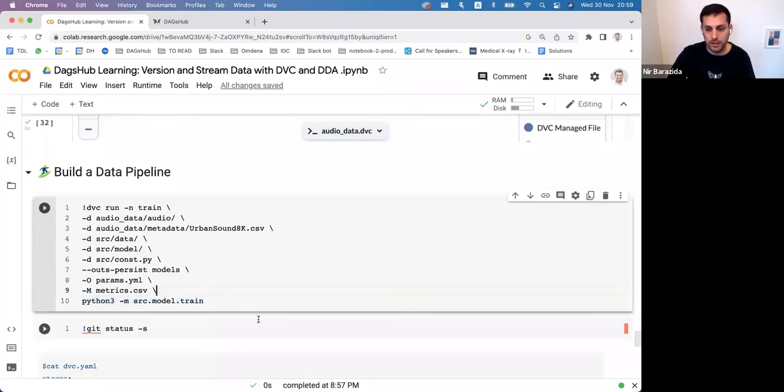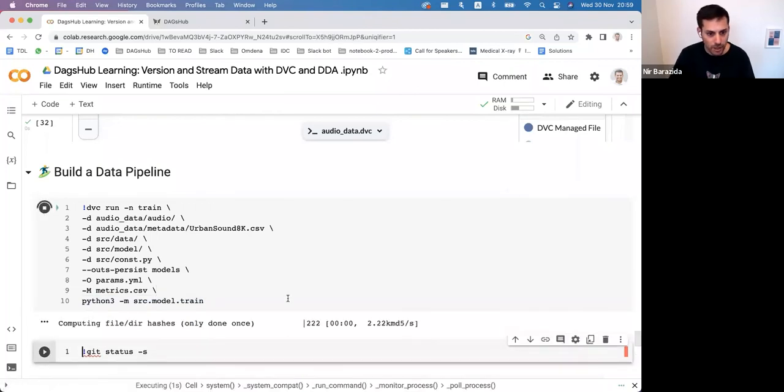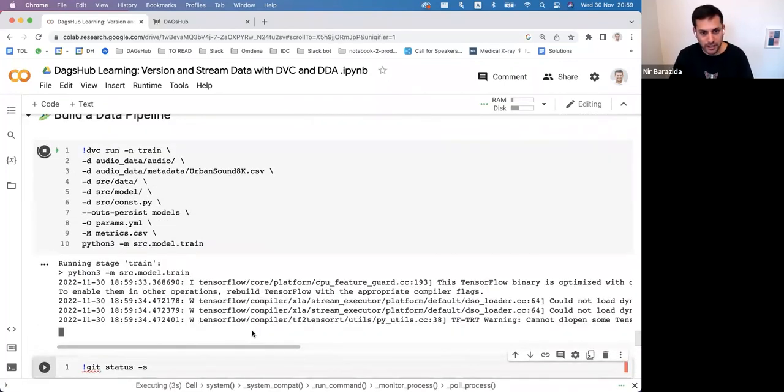So let's run this pipeline. And while it's running, I will tell you what's going on in the audio domain. Usually in most cases, the processing step is done before the training step. So many of the libraries, probably 99% of them, process the data and then start to train the model. If you want to do it on the fly, we need to customize our generator and our function to do that. And this is a hint to the next part, which is going to be about streaming our data